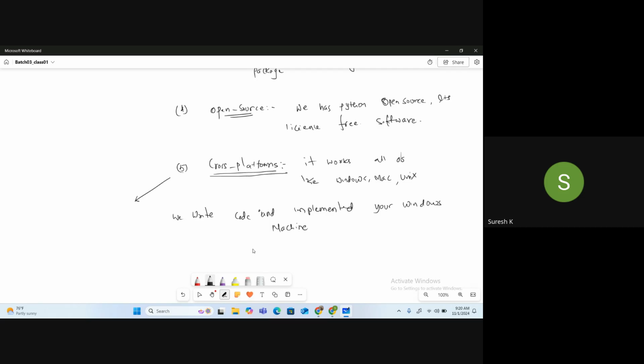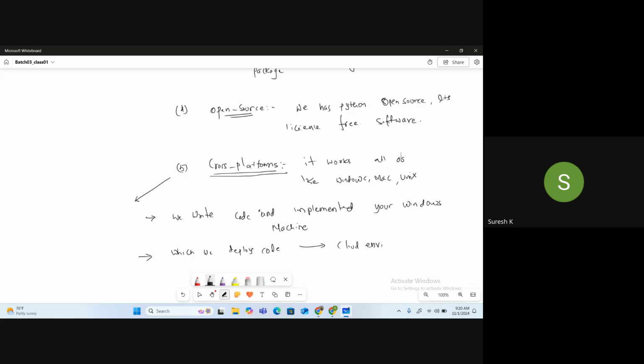Understand this concept? Your Windows machine. Then we deploy this code and try to deploy it in the cloud environment.